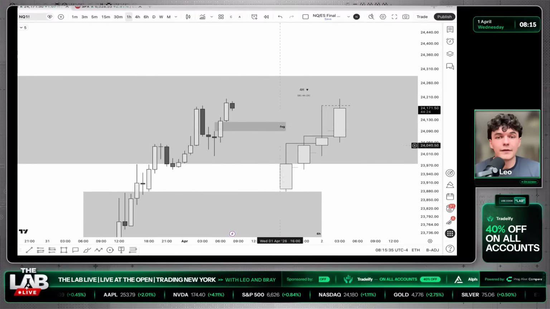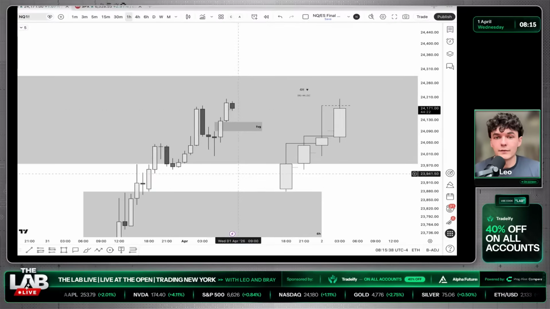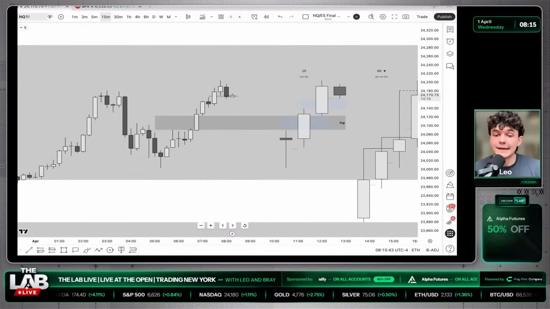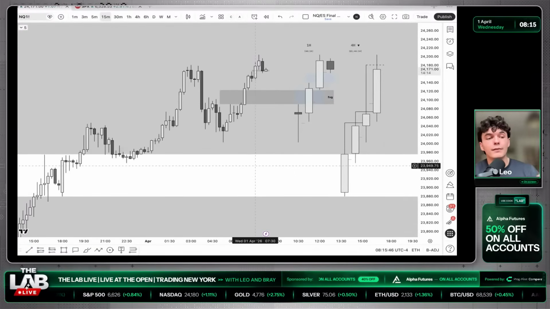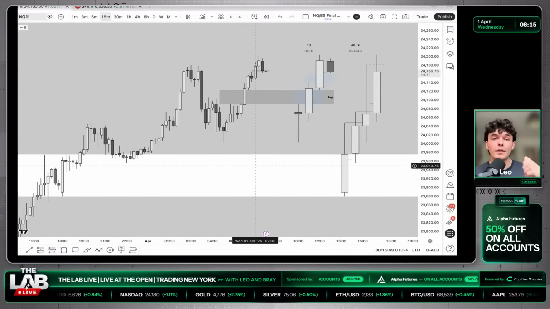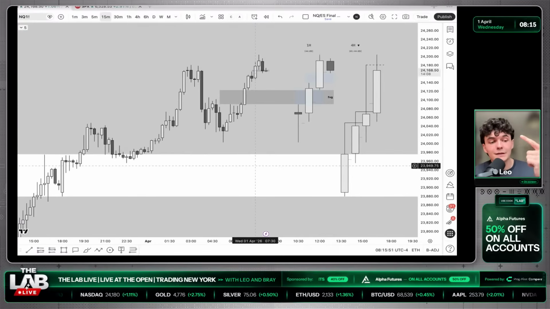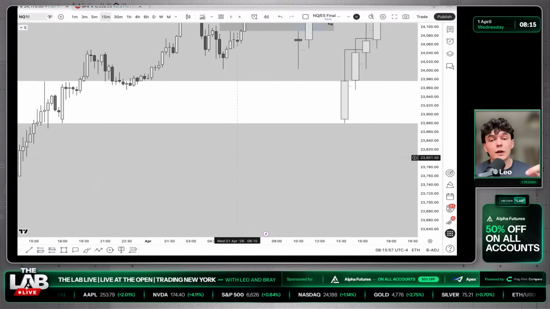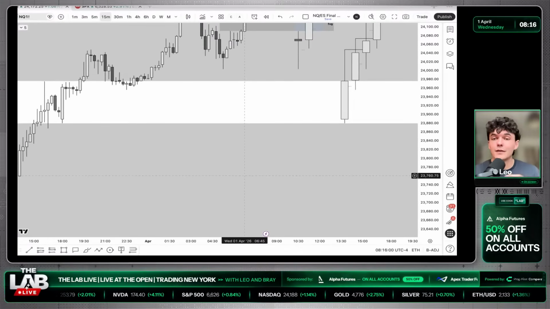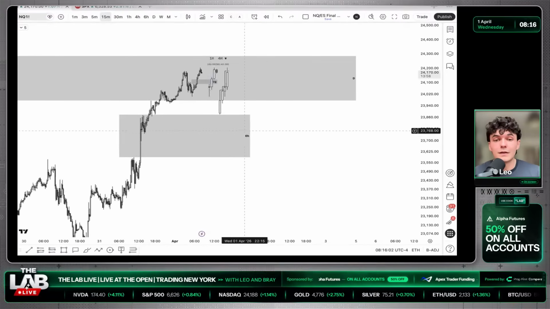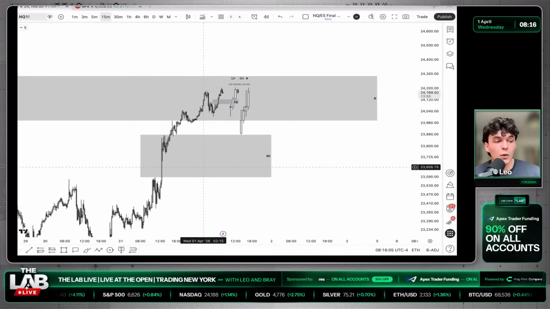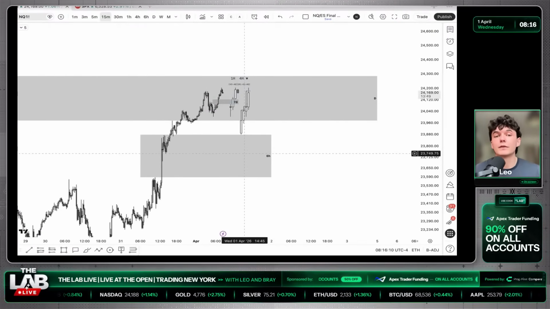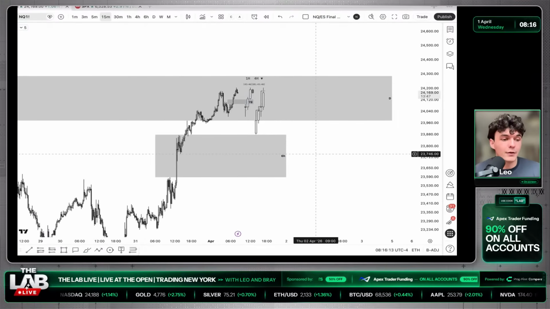But yeah, so we have this hourly fair value here too that I'm definitely wanting to pay attention to. This 15-minute sweep could lead to a manipulation leg where we see a deeper retracement. But ideally for New York, the most ideal framework for me to feel the most confident with today's market would be the following. Higher time frame sweep, SMT at the highs, take a deep retracement short, and once we form a deep retracement short, look for it to locate itself within this higher time frame imbalance, being the 6-hour fair value. And once we see a retracement into this 6-hour fair value, find an SMT between a correlating asset before grabbing a continuation higher. So for myself, there are 2 potential opportunities for today. I would be pretty amped to take either of them, but I'm not too sure.